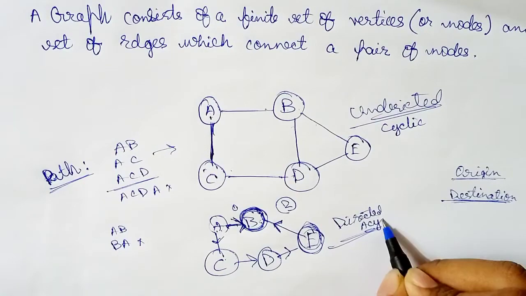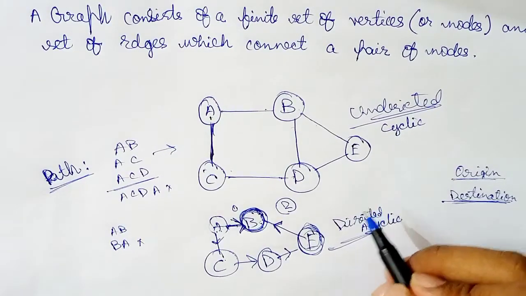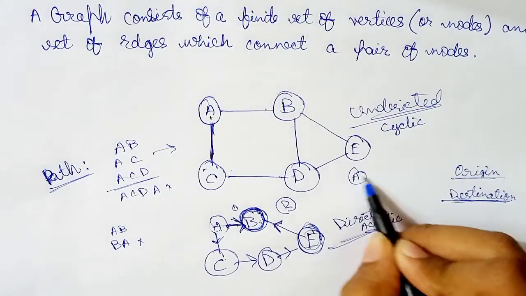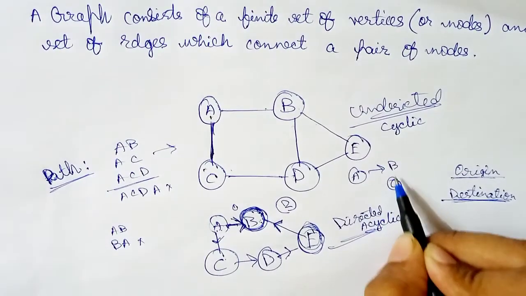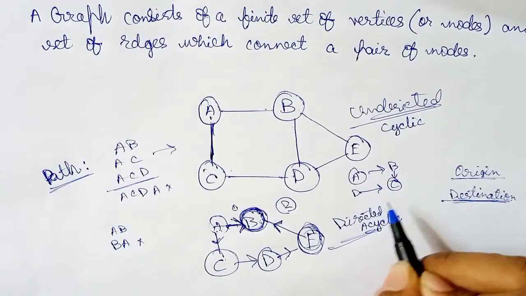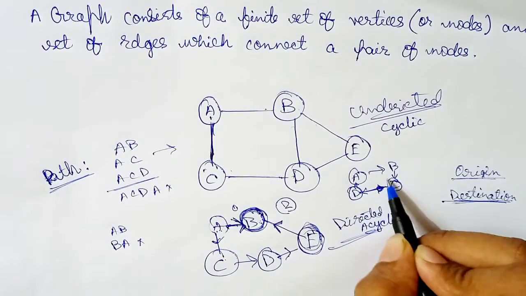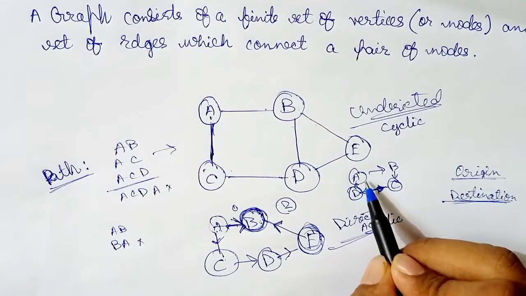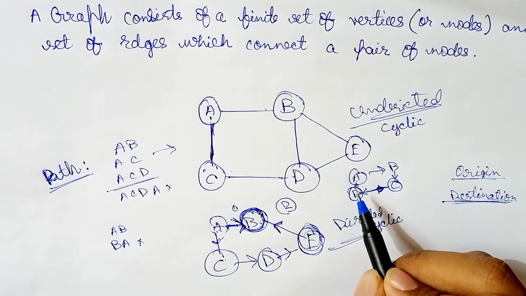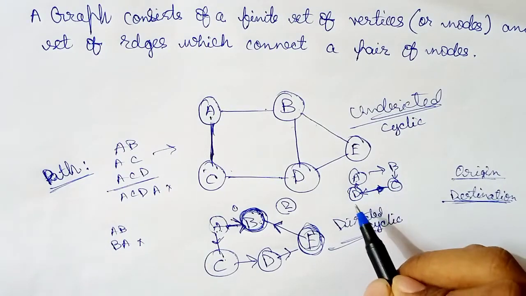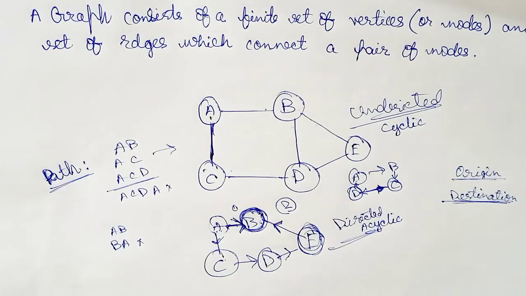Directed acyclic graph. If the graph had been like this, let's see, like this, not this, but in this direction. Here we can say that from A we can directly come back to A again. If we start moving from A, we can directly come back to A again. Hence this is a directed cyclic graph.